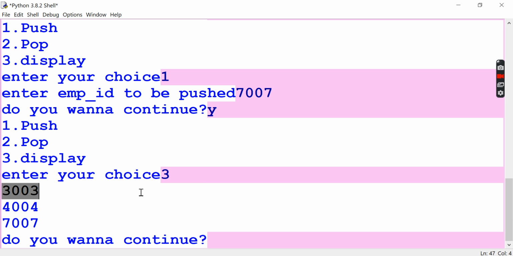Could you able to understand? So whenever you want to add any element to the Q, the number will be added in the rear position. If we want to delete any element, the first element in the Q will be deleted. This is the procedure you should understand. So you have to write down this coding and you should do it.